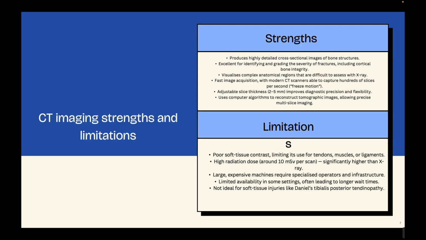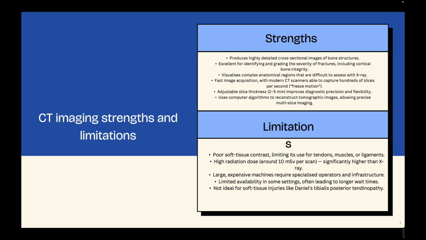CT imaging strengths and limitations. CT scans produce detailed cross-sectional images of bones, making them a highly useful tool for identifying Daniel's navicular stress fracture. One of the primary strengths of CT imaging is its ability to visualize complex anatomical regions that are difficult to assess using X-rays. It is particularly valuable for accurately grading the severity of a fracture and assessing cortical bone integrity. Over time, technological advancements have allowed CT machines to perform faster scans with the ability to freeze motion, meaning